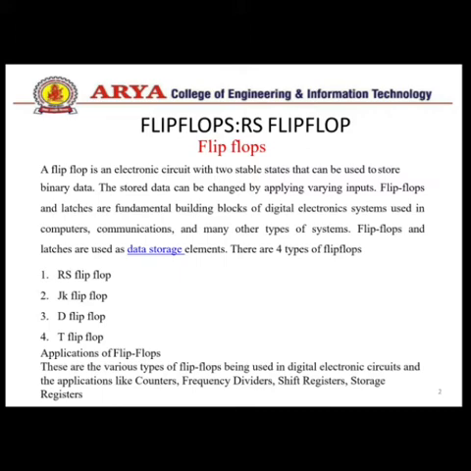Flip-flops have two stable states, and they are bistable multivibrators. The two stable states are high, which is logic 1, and low, which is logic 0. The term flip-flop is used because they can switch between the states under the influence of a clock or enable signal, because we use an enable line to latch. That is, they can flip to one state and flop back to the other state. That is called a flip-flop.